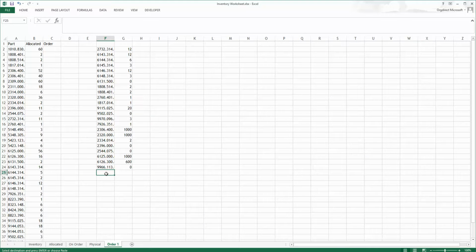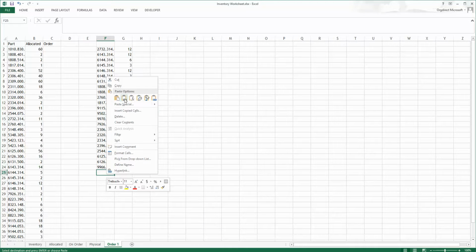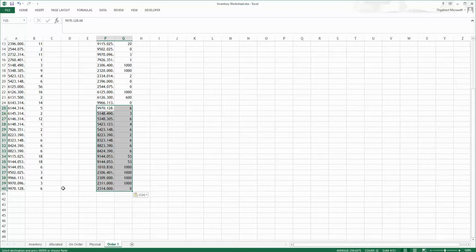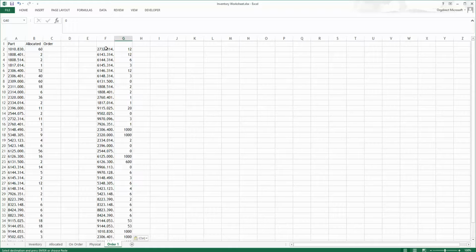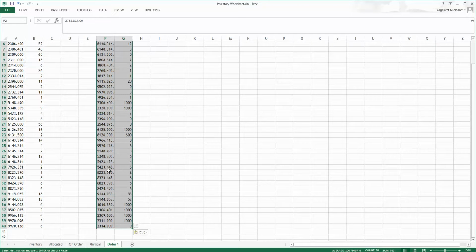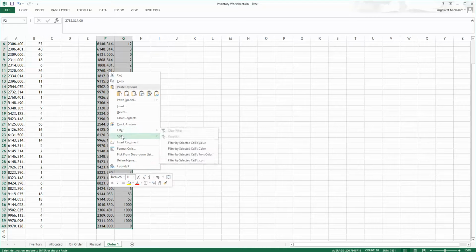I'm going to copy and paste these right below. And paste, making sure that I'm only getting this. And my first check is to make sure that we have the same number of columns or rows here, that they're both coming up to 40. So I'm going to go back to the top of the page. I'm going to highlight these items, and now I'm going to sort them